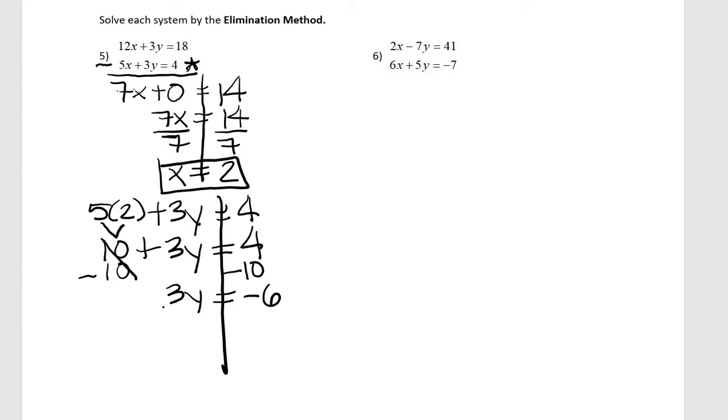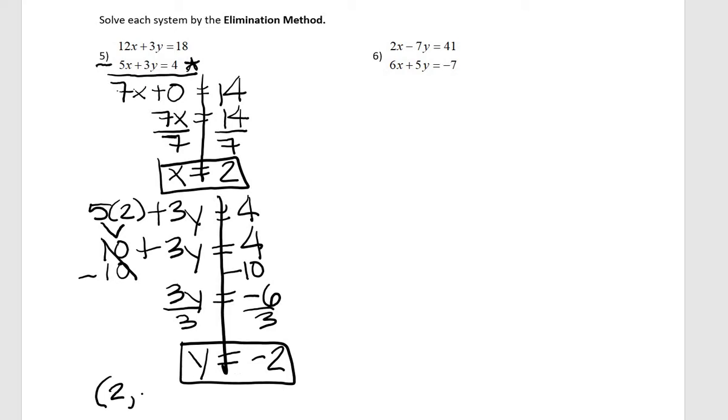Next, to get rid of this 3, I'm going to divide both sides by 3, and I get y equals negative 2. So then my final answer would be my x value, which is 2, comma, my y value, which is negative 2. And remember on your test to write each answer as a coordinate like this to get full credit. Alright, so now I'm going to move on to problem number 6,